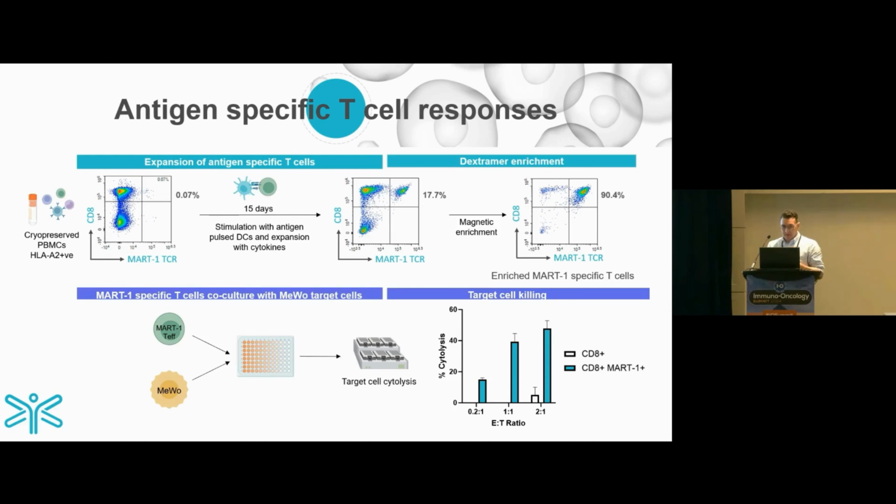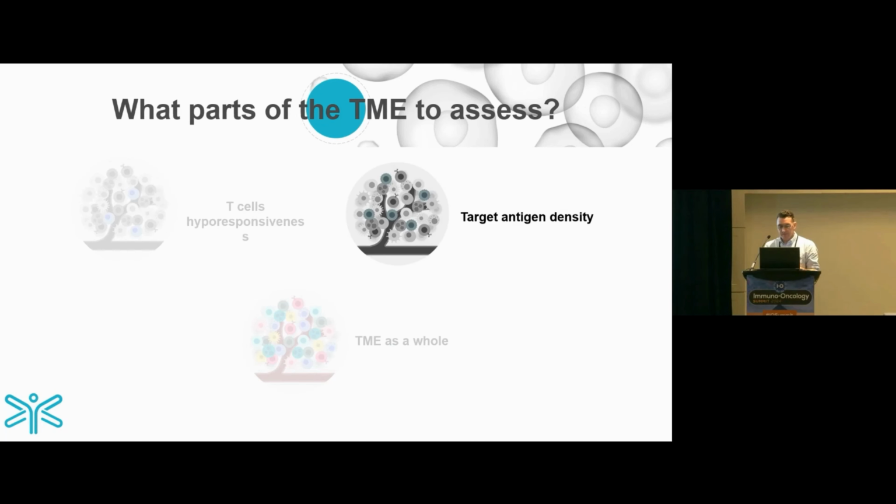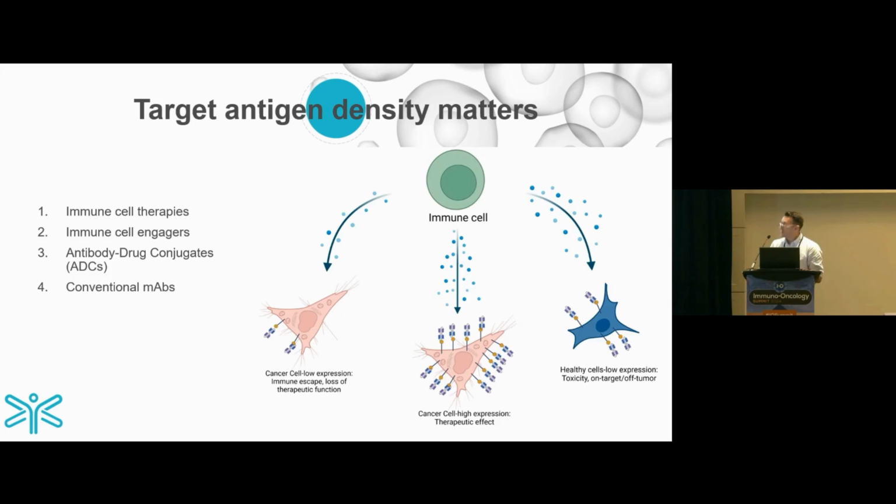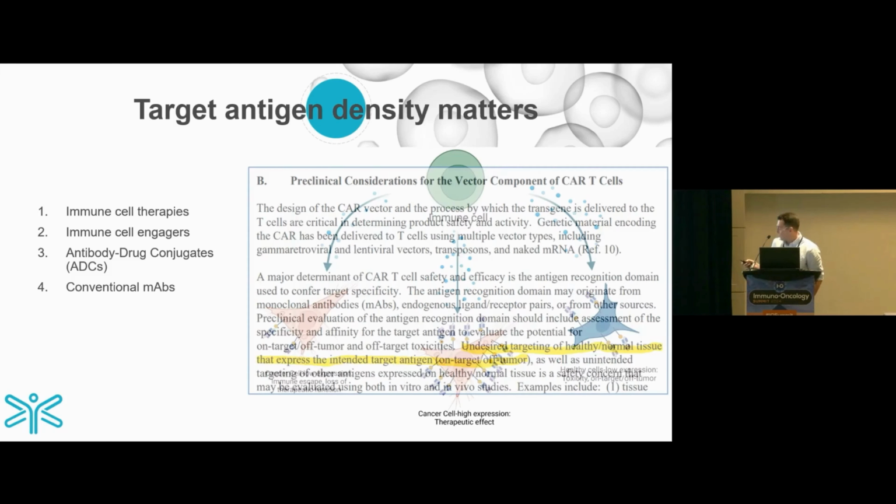But the second theme, and this is where I'm going to focus on most of the talk, is this issue of target antigen density. What type of response do you get with your therapy? So why does target antigen density matter? Well, it matters for multiple immune therapies because